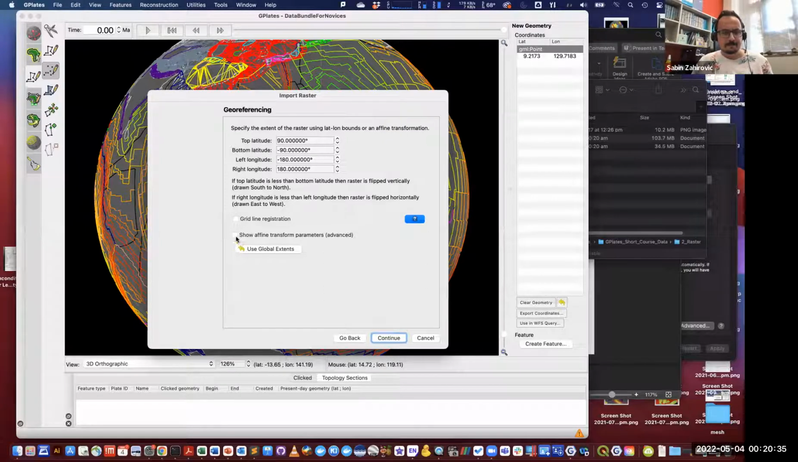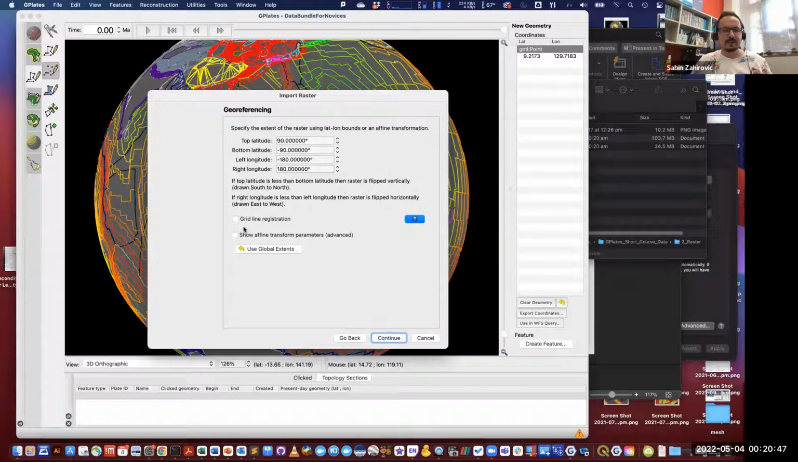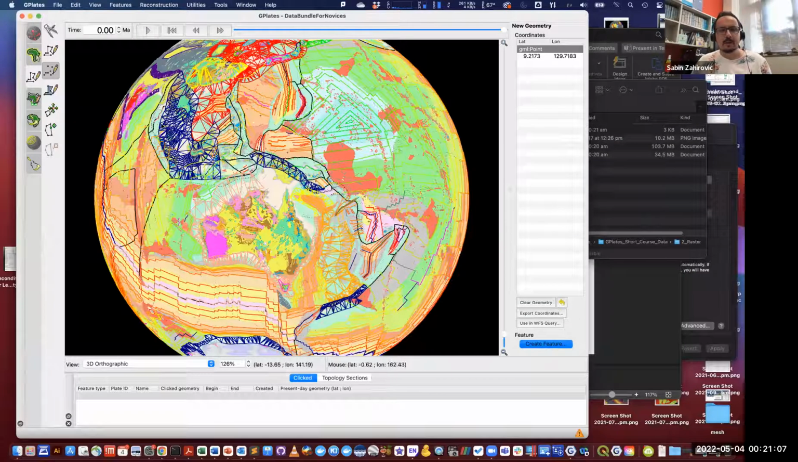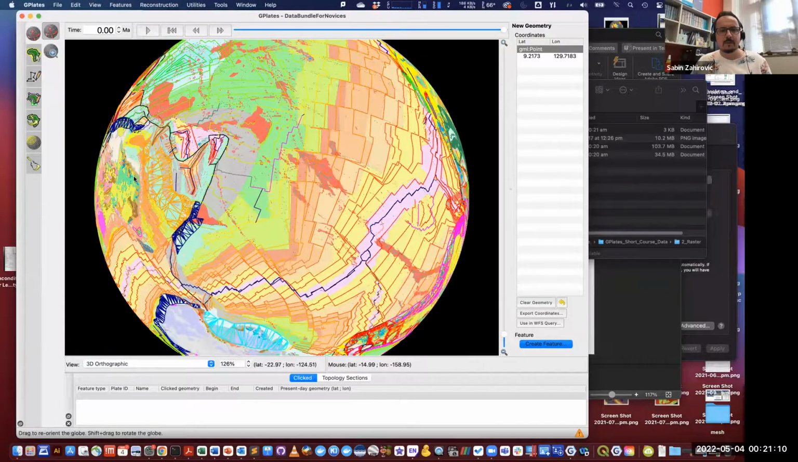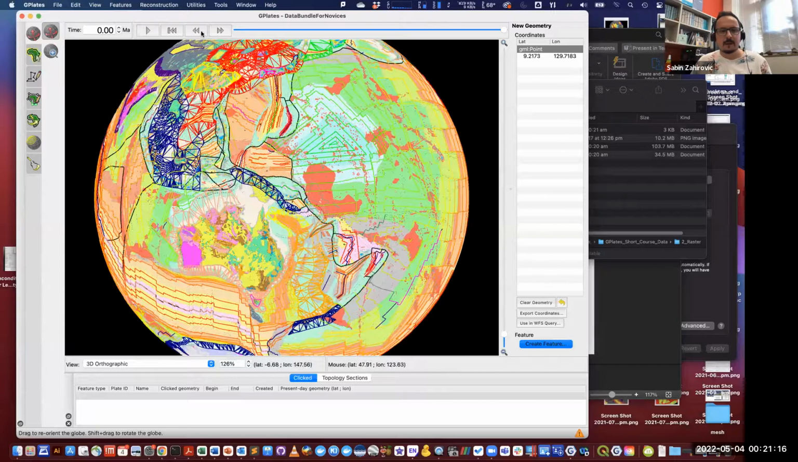There are some more advanced options to use these affine transform parameters. I don't find them that useful because I just georeference and rectify these maps in QGIS or ArcGIS, and then I just bring them in as an IMG or GeoTIFF into GPlates. But this option is there for you. So if I click on continue and done, the beautiful UNESCO globe is loaded. Okay. However,